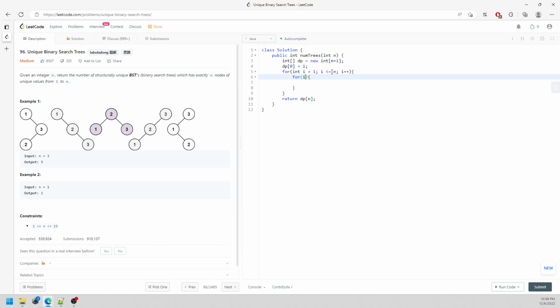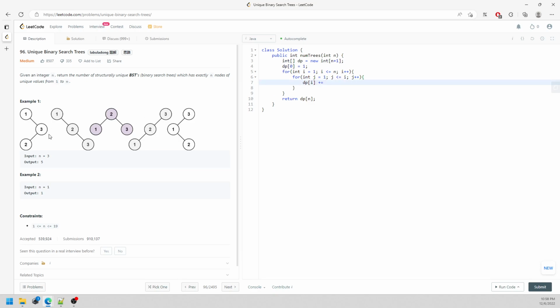So j equals 1, j less than or equal to i, j plus plus. I would definitely get the number of nodes based on i. And my current dp[i] is going to be plus equals, because you will just keep adding, keep adding your current index dp for the